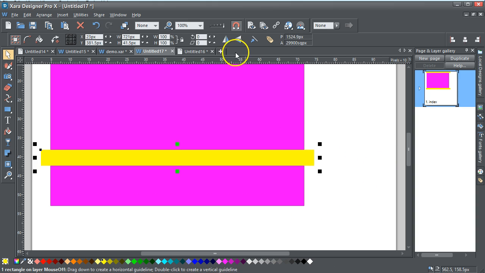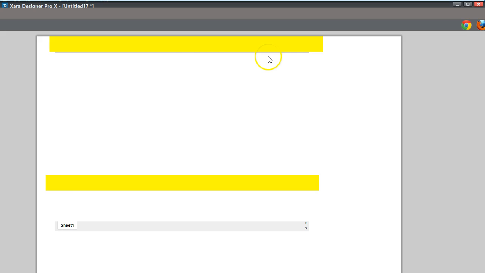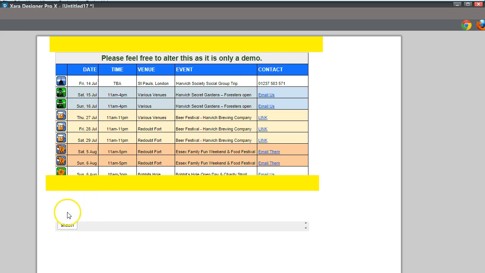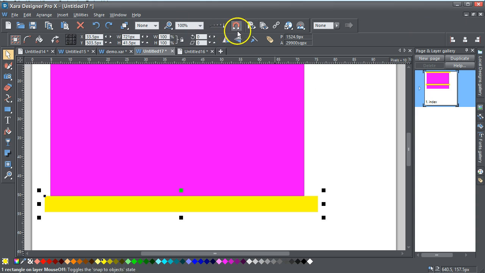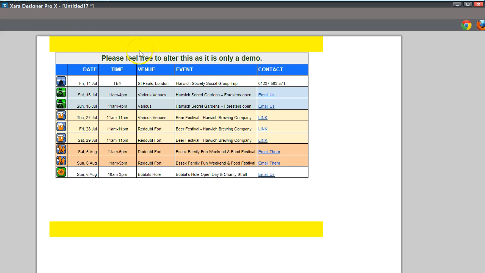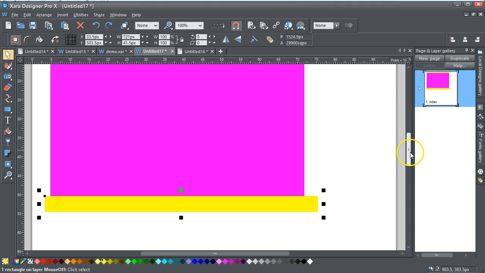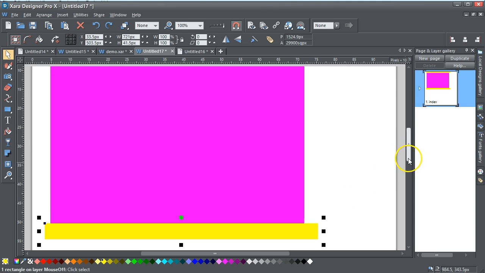If I move that up there, let's say, and do it, you can see that yellow box. I want to cover up this sheet 1, so I'll just undo that. Preview it, and you've got those two titles, bits that you didn't want hidden,